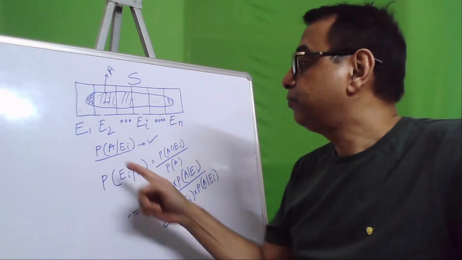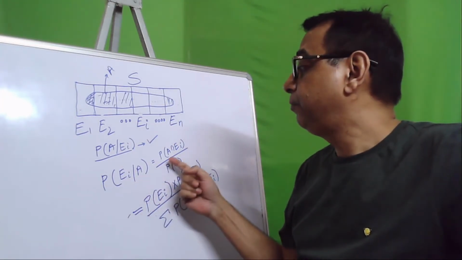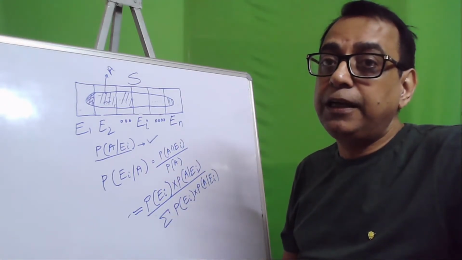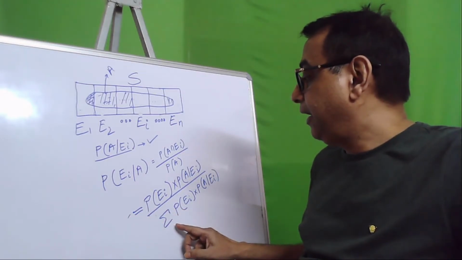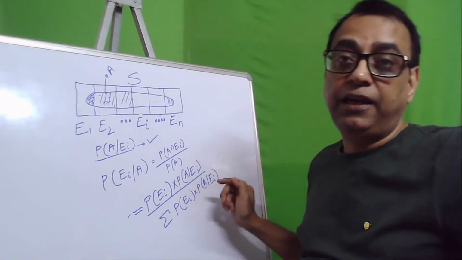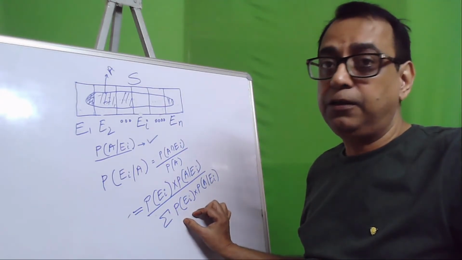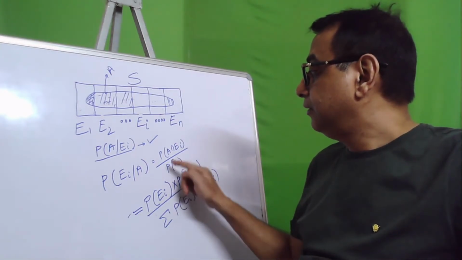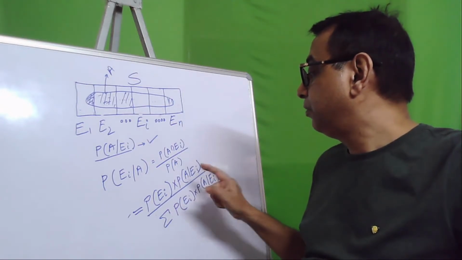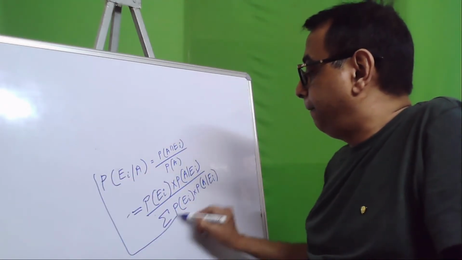So what we do is, the probability Ei given A, we know from the earlier formula, will be the probability A intersection Ei by the probability A. Now what is the probability A? We have found out earlier that the probability A is sigma P Ei into P A given Ei. So for all those events we have to find the probability here, which is the probability A. And on top, the probability A intersection Ei is given by the probability Ei into the probability A given Ei. So basically this is your Bayes theorem.